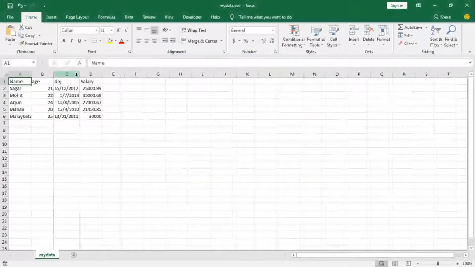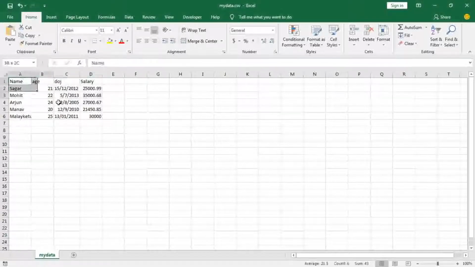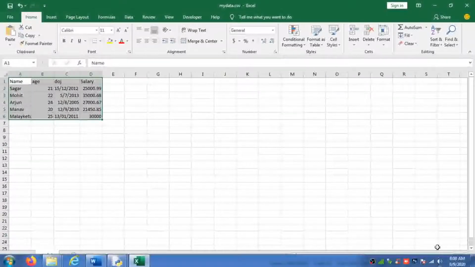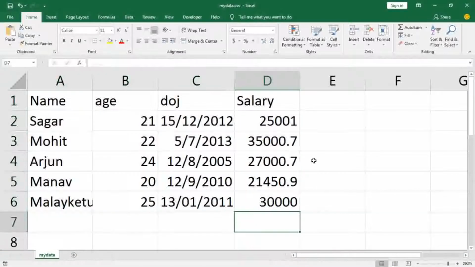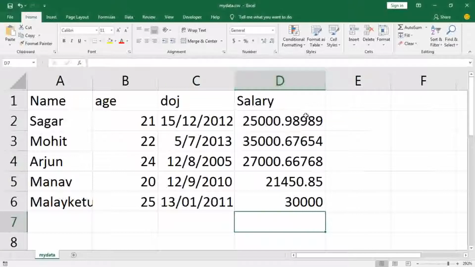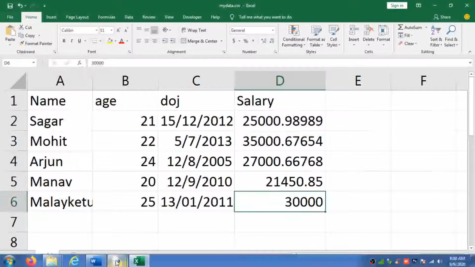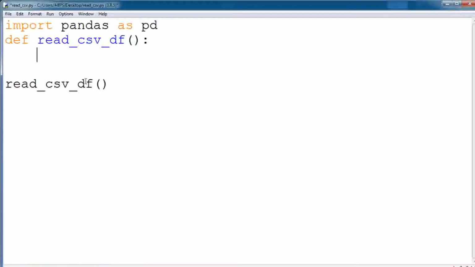Here are name, age, date of joining and salary. These columns are there. Let me zoom in so you can watch it properly. See, this data I have stored in that CSV file. Now let me import this into a data frame directly. So df equals, as per the syntax, you have to write pd.read_csv directly.